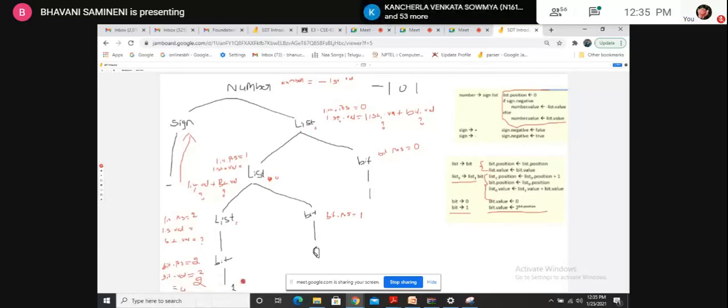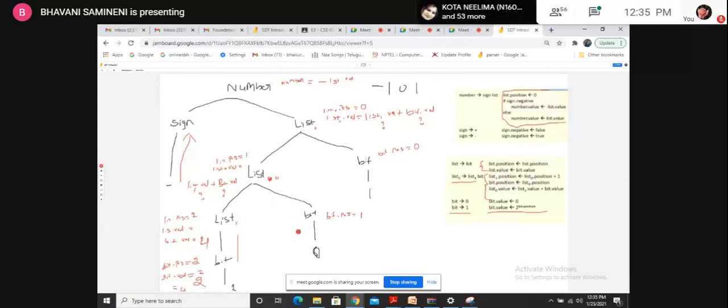So you can reduce it to bit to list. Now in reduction, one action will be pending here, right? What is that? List dot value is equal to bit value. And now I know what bit value is. That is 2 power 2. Now instead of question mark, I'm filling 4 here. Okay, so you can come here.